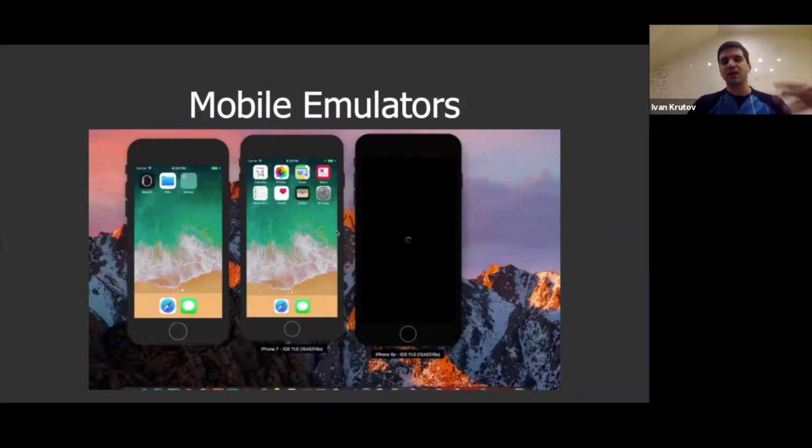These emulators are, in fact, real desktop applications that show you just the same screen that a real device does, and they allow you to do just the same things that you do with a real device. These mobile emulators allow you to easily scale test execution, and the main problem with them